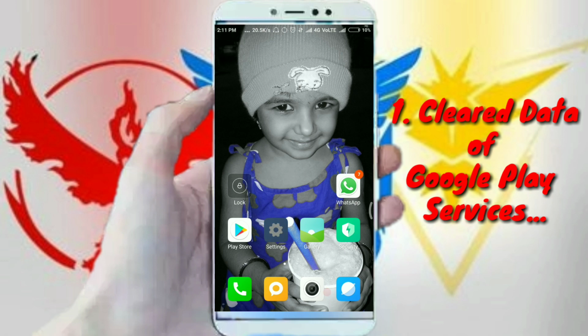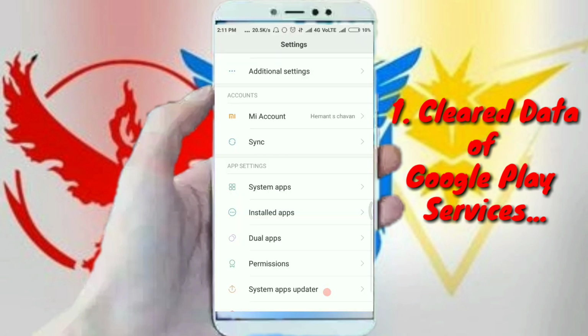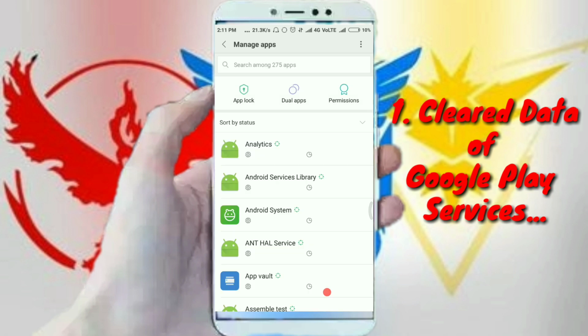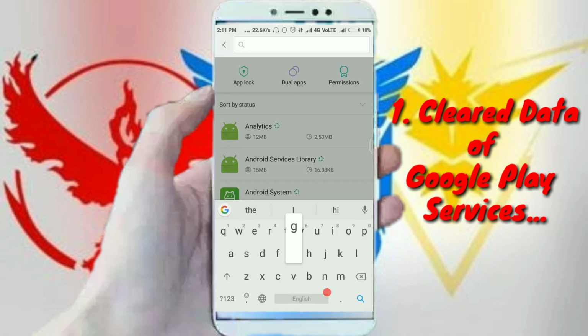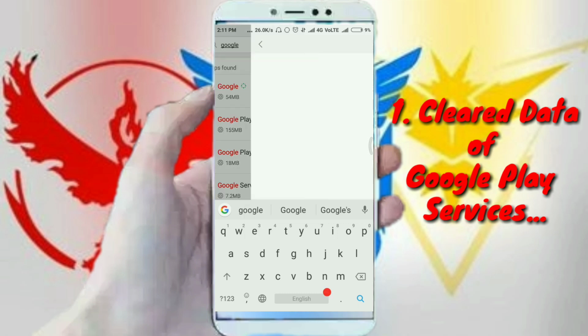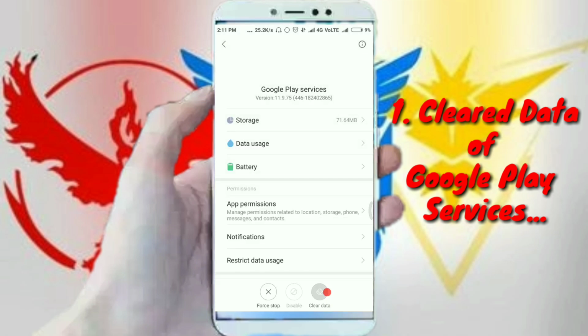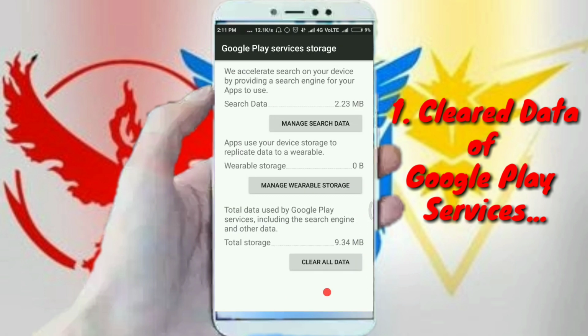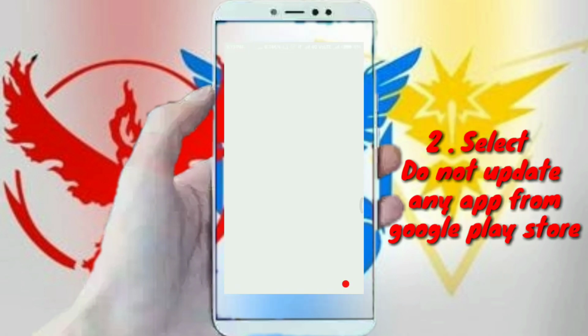Go to your settings, install apps, go to Google Play Services and clear all the data. Clear all the data managers. Clear all the data from here. Go to your